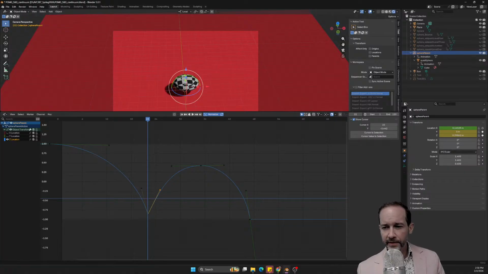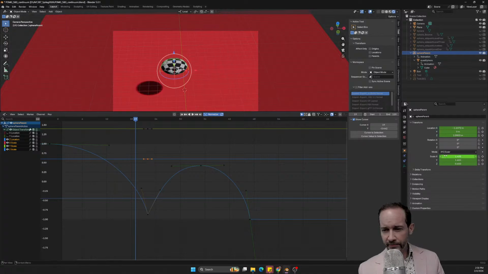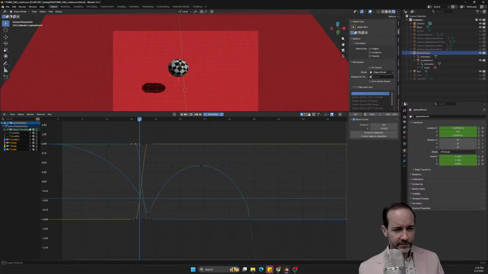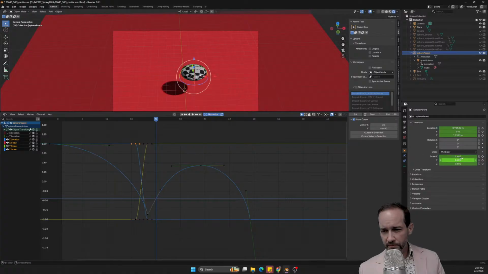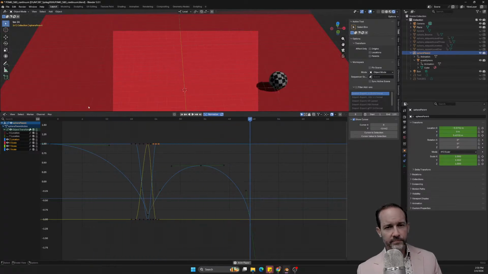There we go. And let's set some keyframes there for that. And then over here, right before we hit the ground, we'll be at 1, 1, 1. There we go. And then right after we hit the ground, we'll get back to 1, 1, 1. There we go. Set the keyframes.